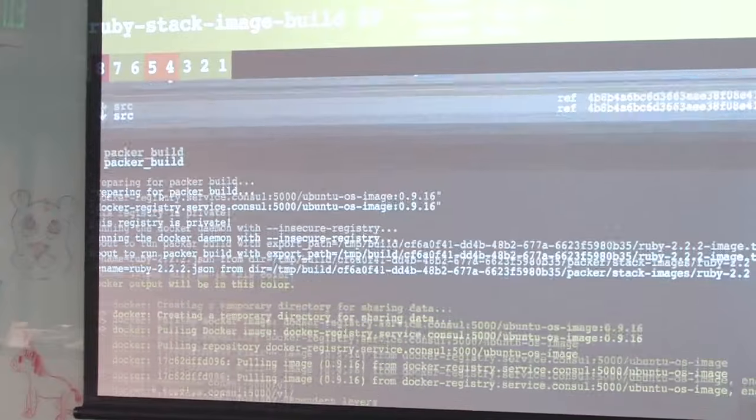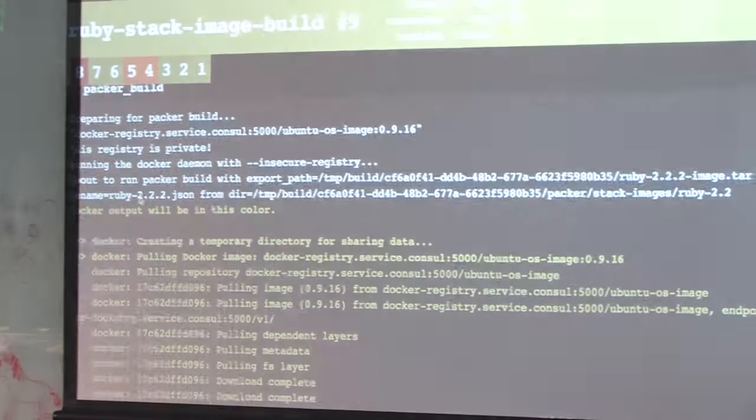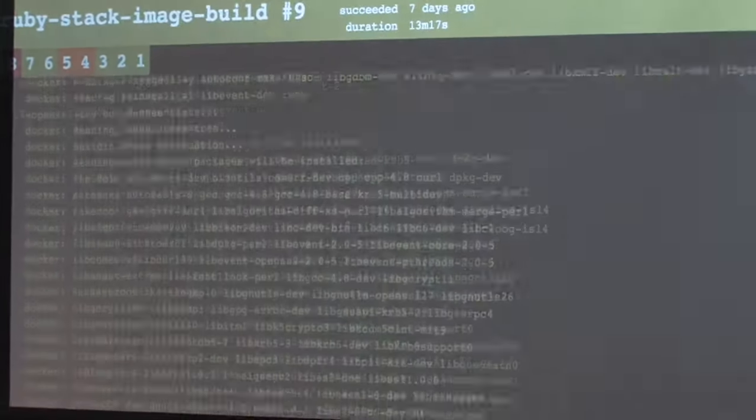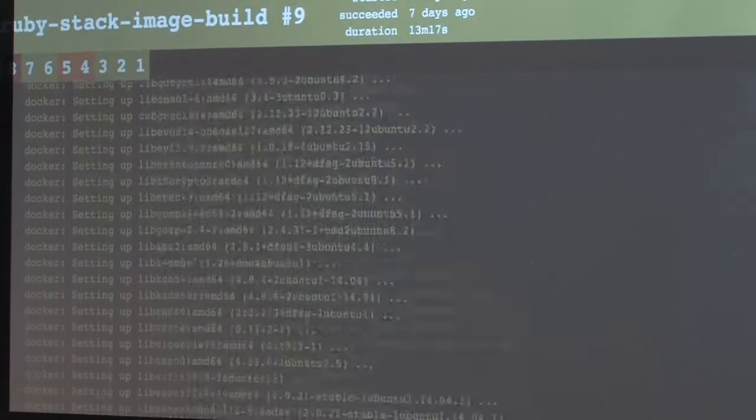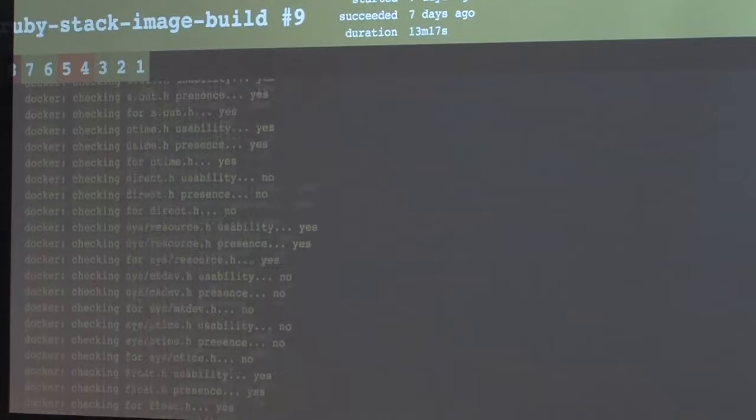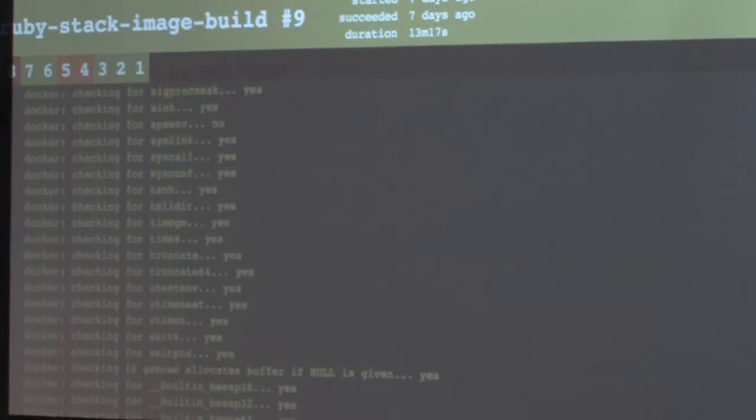From there, we run Packer builds with that JSON file I mentioned that gives all the specifications. It runs through Docker, and once it does all that really long fun stuff,